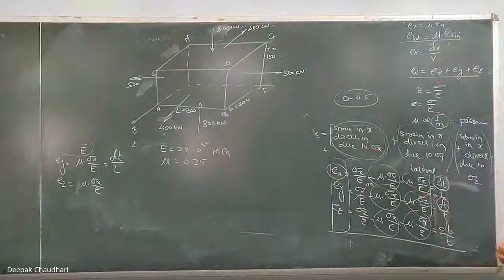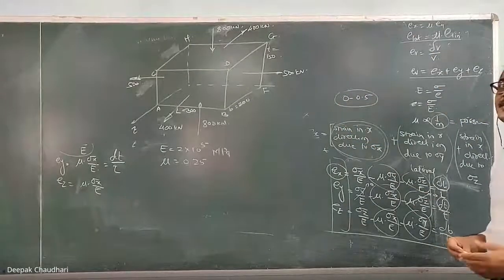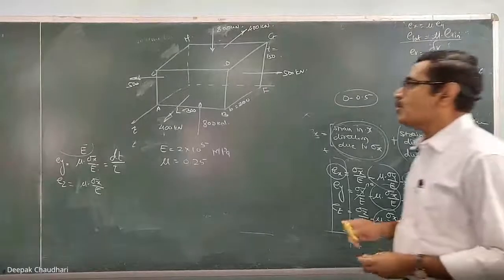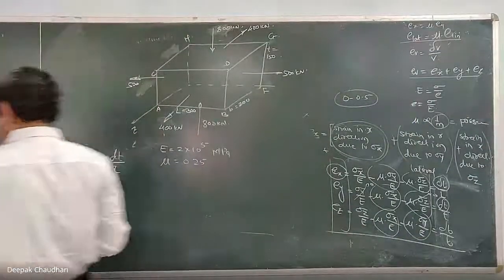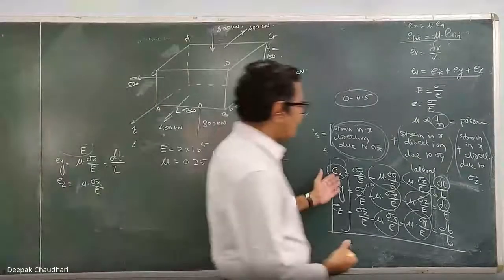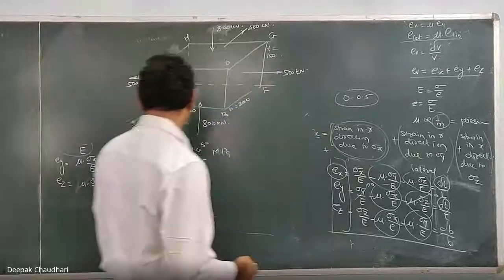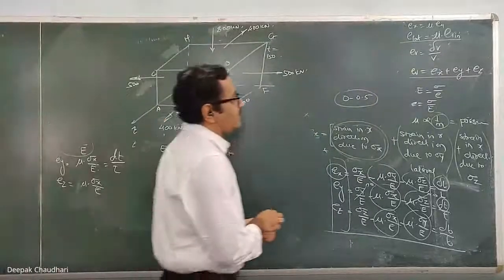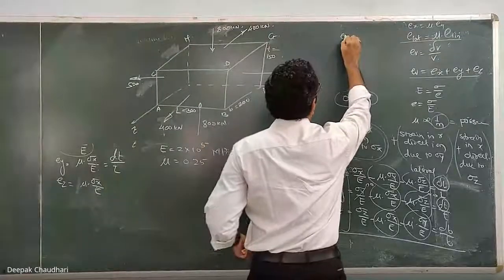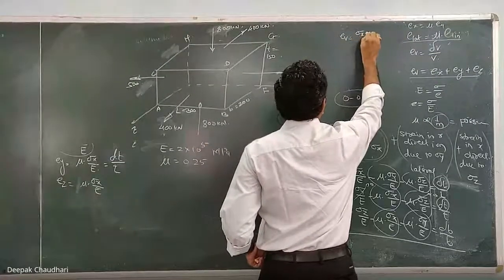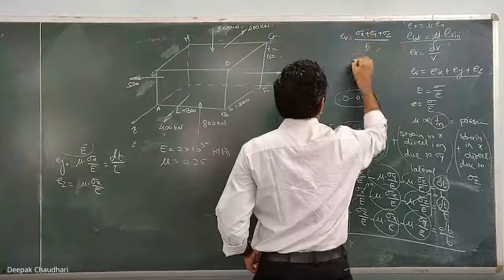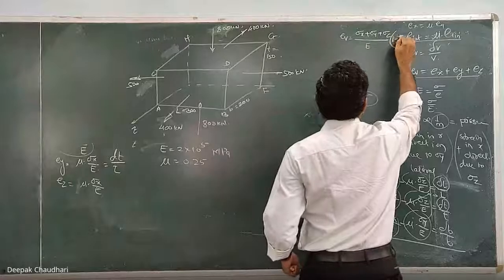Yesterday we studied the volumetric strain for triaxial loading. This sum was given to you as homework, and there were some queries about it. We have derived the formulas for the strain in the x, y and z directions, as well as the formula for the volumetric strain. The final formula for the volumetric strain is (sigma x plus sigma y plus sigma z) upon E, into the bracket 1 minus 2 mu.